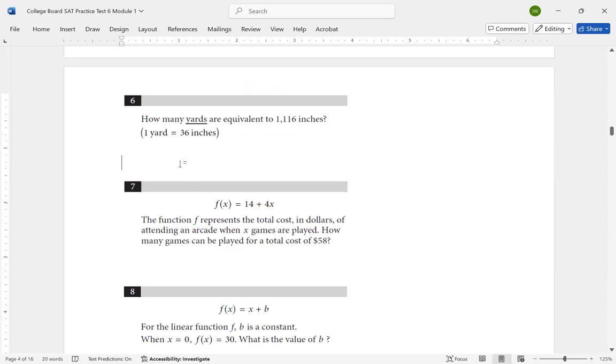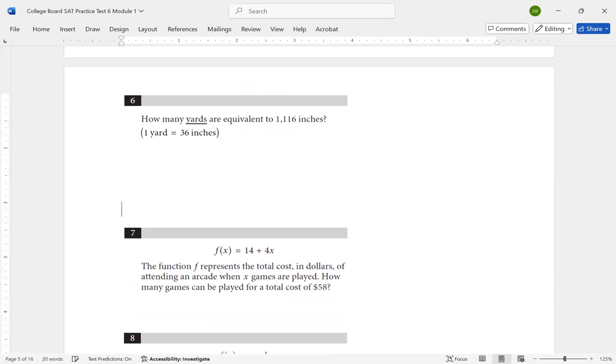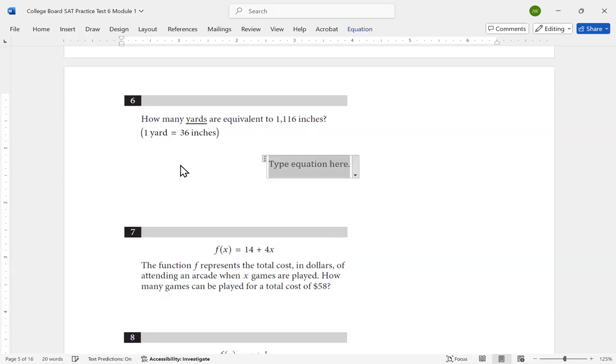Question 6 says how many yards are equivalent to 1,116 inches? 1 yard is equal to 36 inches. There's a couple of different ways to do this. This is a conversion problem. So we have